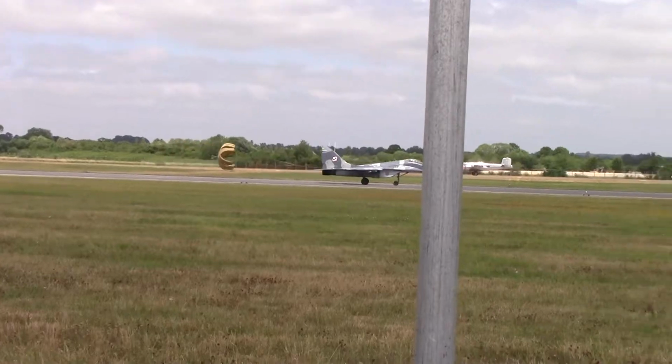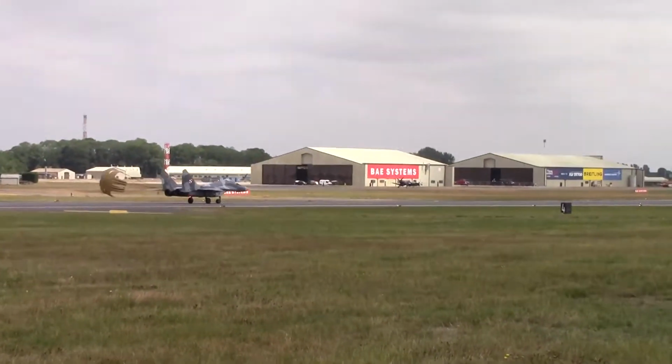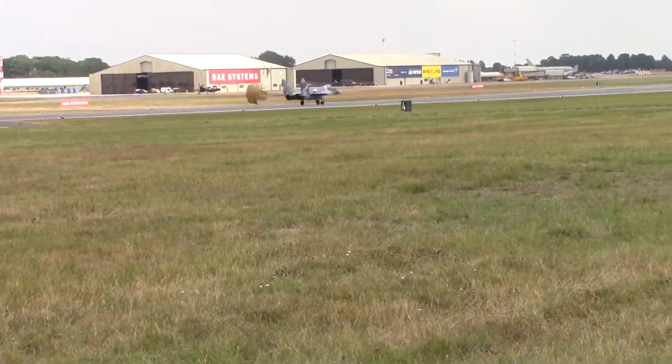And the first squadron of the Polish Air Force today maintains his memory, and there you can see his face on the inside